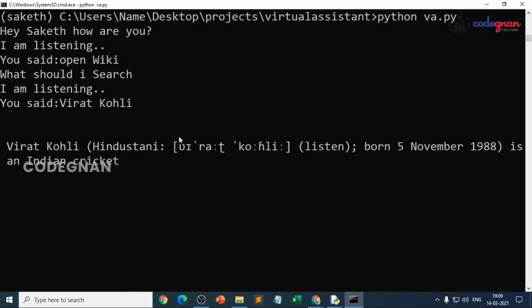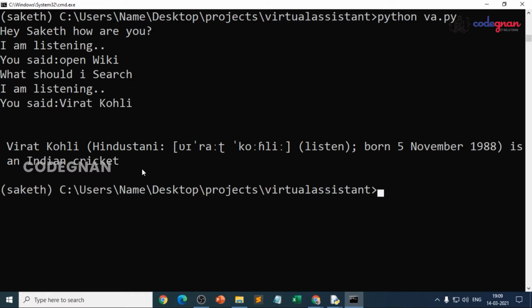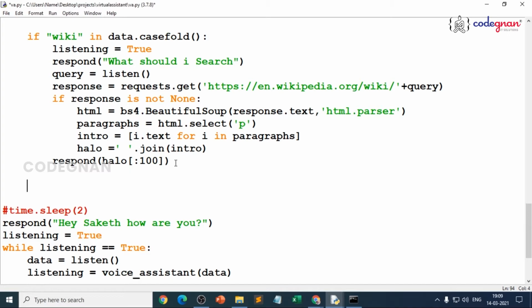Virat Kohli. See, it is able to speak some information. Make sure you can give anything within that. It's up to you. Once the speaking is done, it will just stop at that moment. So that is how we made it to scrape from the web also. Just make sure we are just giving a very simple thing. Once we have just given the content, whatever the words we are giving, it is able to get that information.